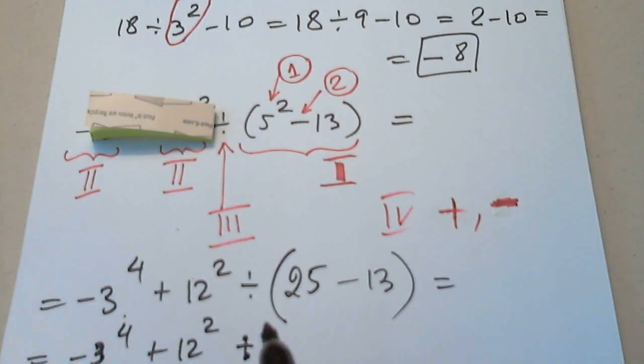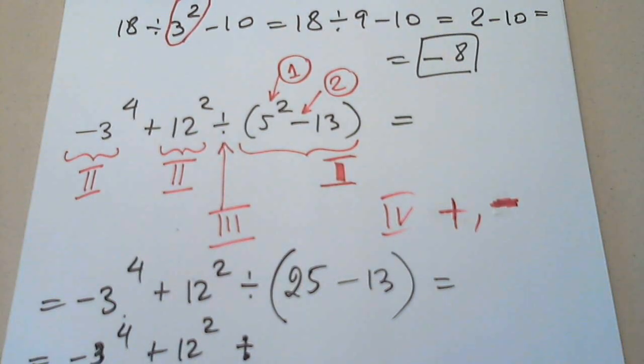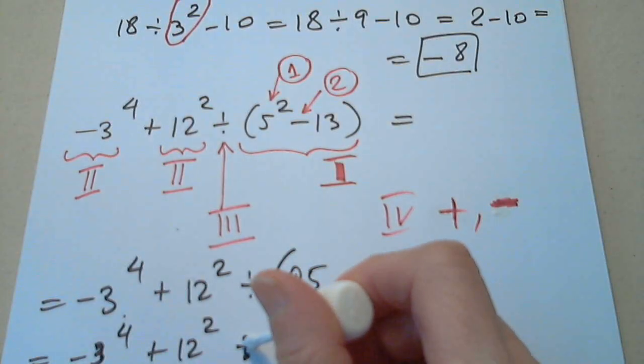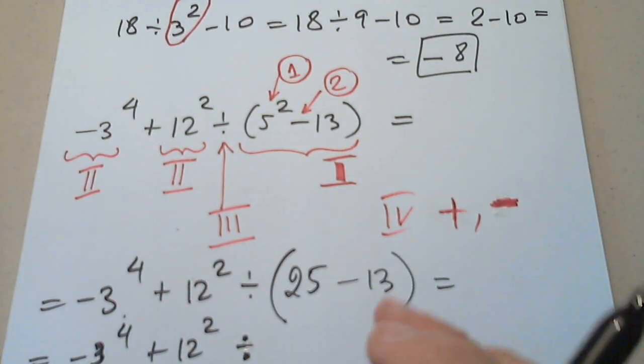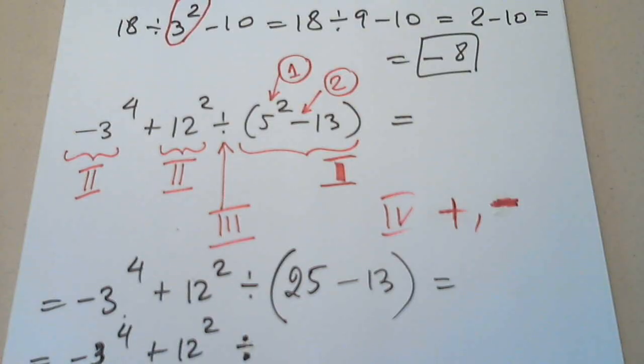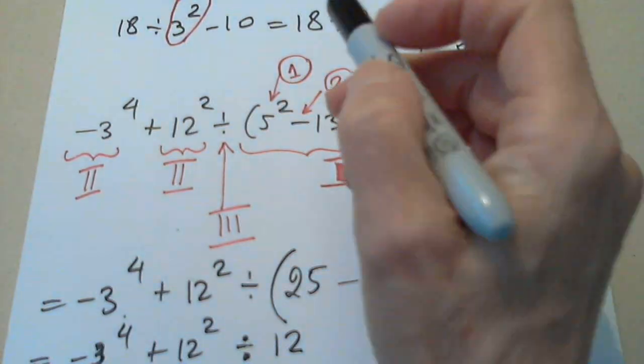Division symbol. Now, if you say, oh, can I also do this at the same time? Yes, there are certain things that you can do at the same time. I agree. But once you're able to perform these operations correctly, then you can use some shortcuts. Okay. Now I have to perform 25 minus 13. Can anyone give us 25 minus 13? 12. Very good. So finally we finished number 1, Roman number 1,